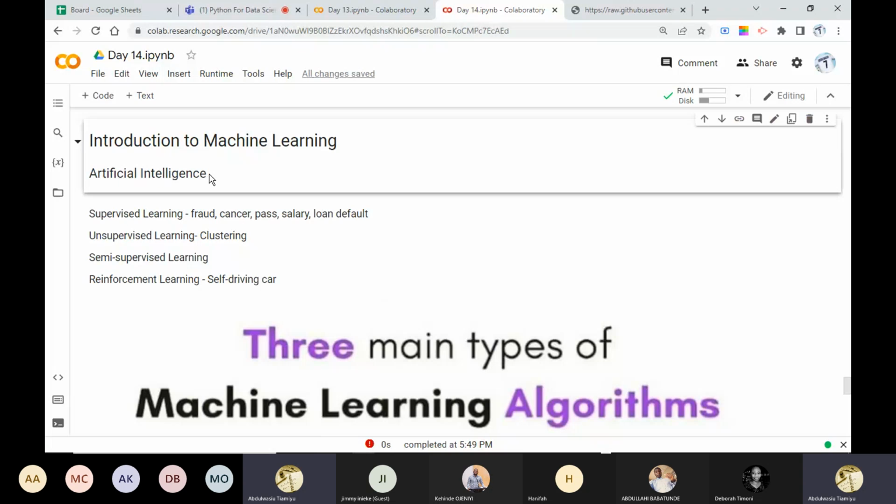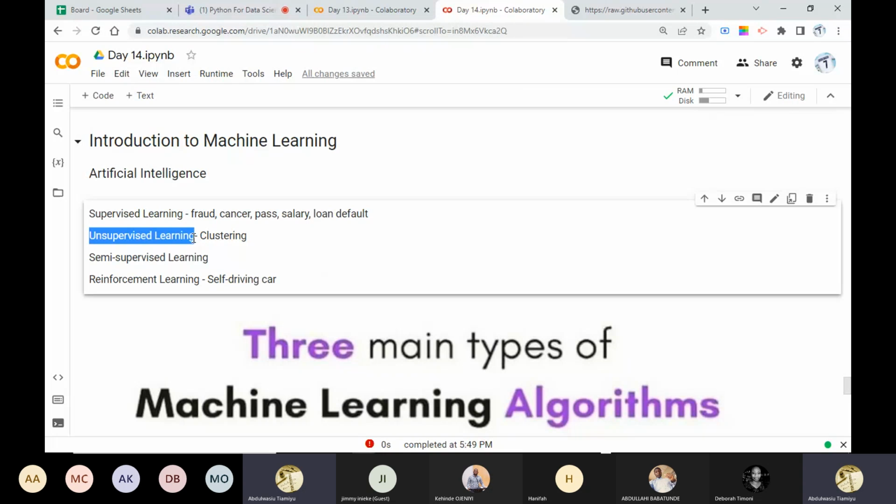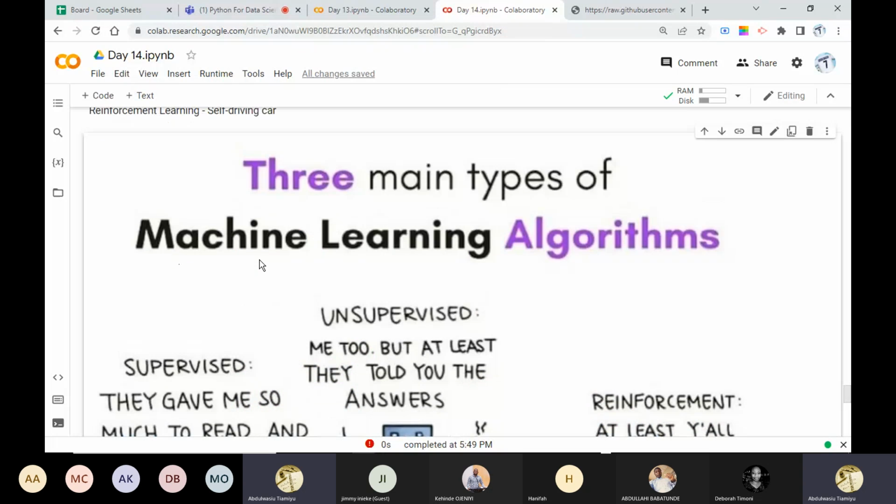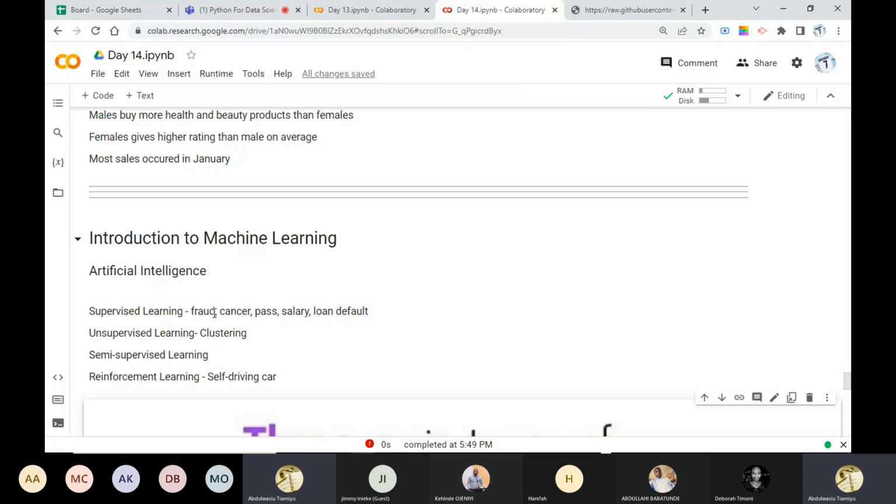So we have three major types of artificial intelligence. We have supervised learning, we have unsupervised learning, then we have reinforcement learning. Semi-supervised is just the combination of the first two, supervised and unsupervised. The supervised learning is like, for example, let's say